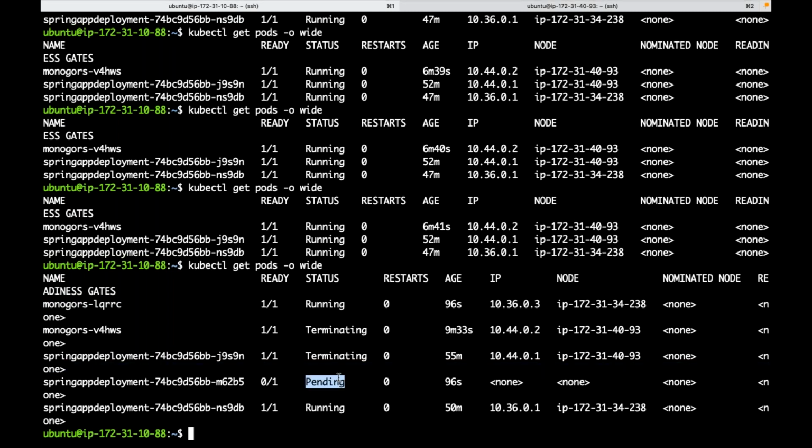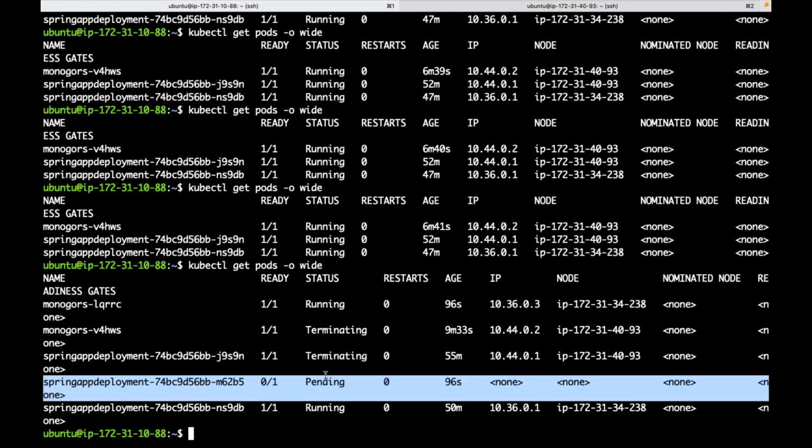What could be the reason? It was trying to shift, but why is it not in running state? Maybe resource issues, right? The CPU and memory is not available.